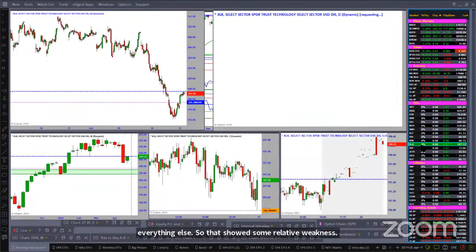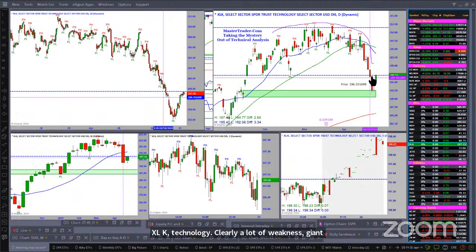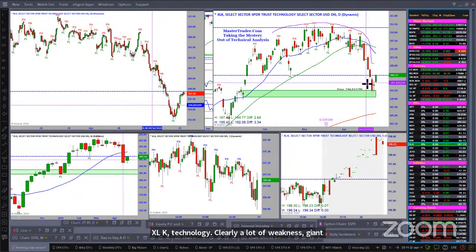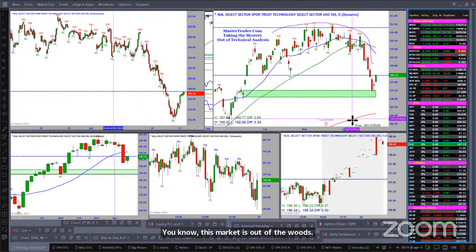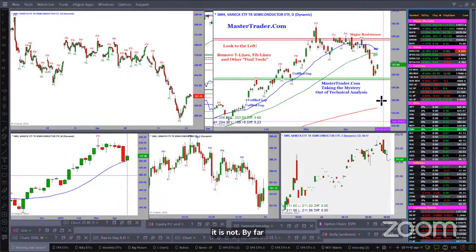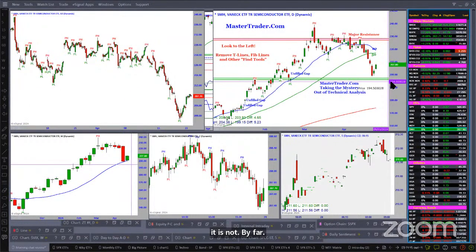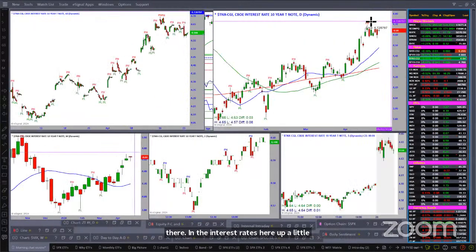XLK, technology, clearly a lot of weakness, a giant rounding top. So you start to think that this market is out of the woods. This suggests it is not, by far. And you can see SMH, same weakness into the gap fill there. And interest rates here are up a little bit, just hanging out, but